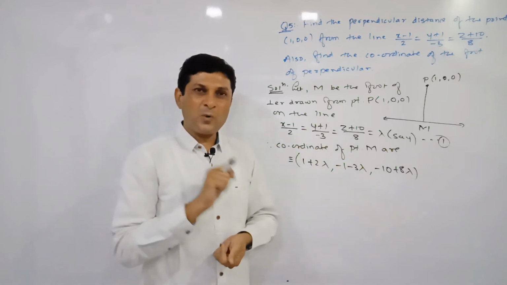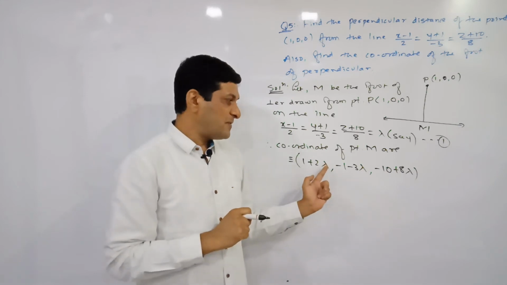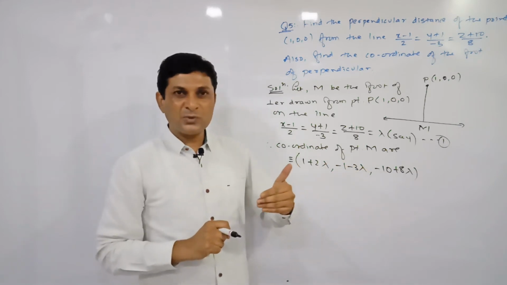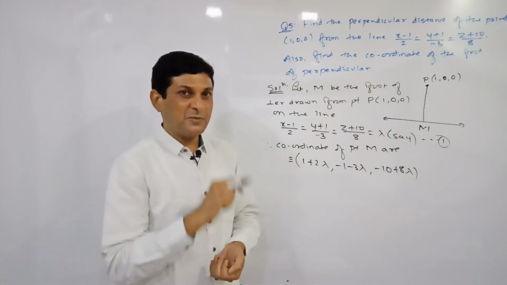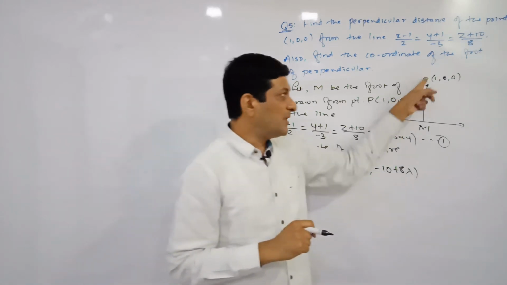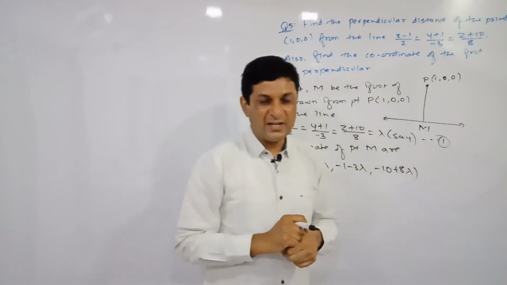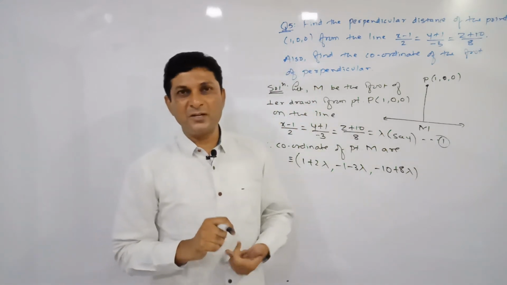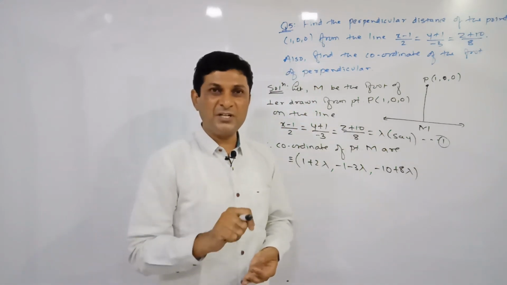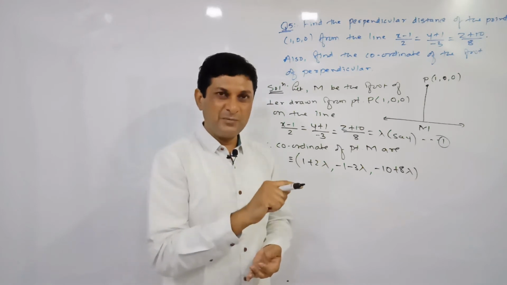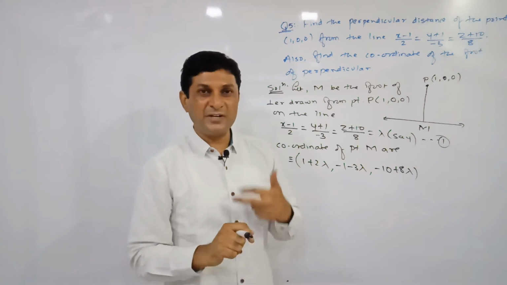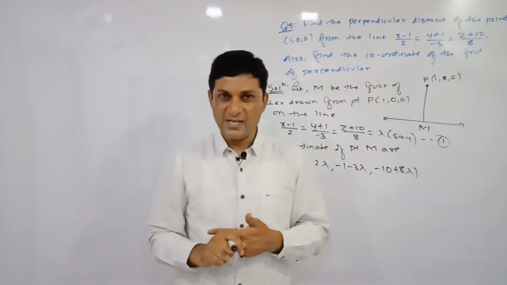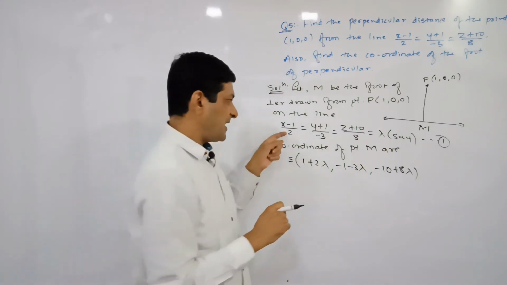Now to find out the coordinate of point M, we will require the value of lambda here. To find the value of lambda, which method did we apply in the last example, question number 2? That these two lines are perpendicular to each other, and we know that if two lines are perpendicular, the direction ratios satisfy the condition A1 A2 plus B1 B2 plus C1 C2 is equal to 0. To apply that condition, we will require the direction ratios of both the lines. So first find out the direction ratios of line first.